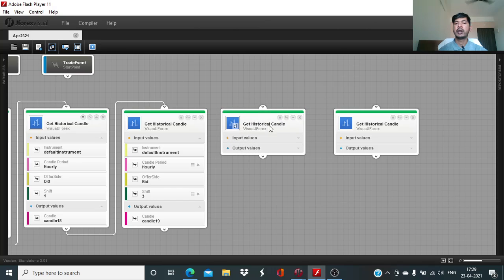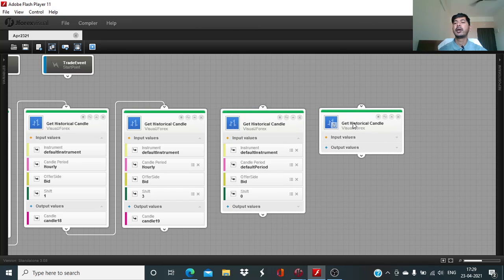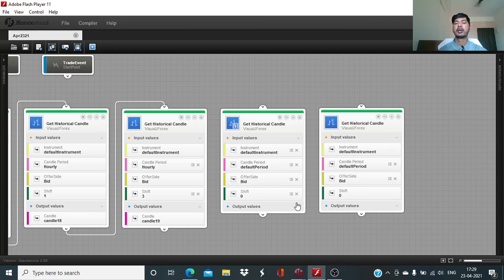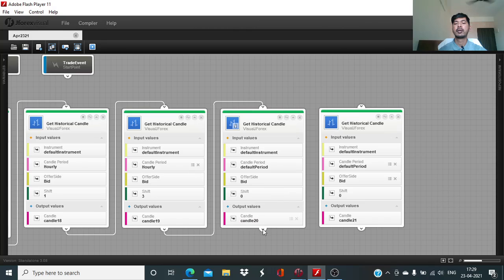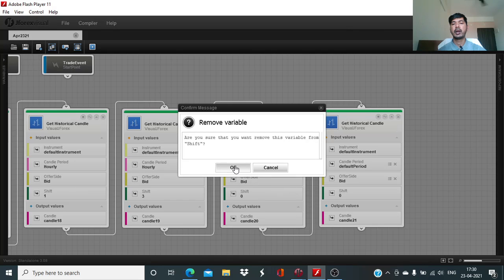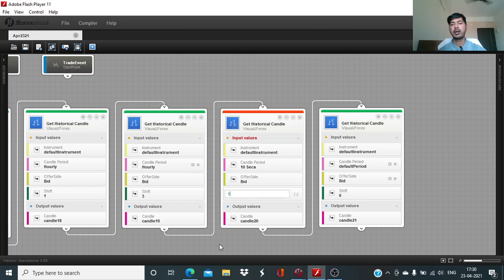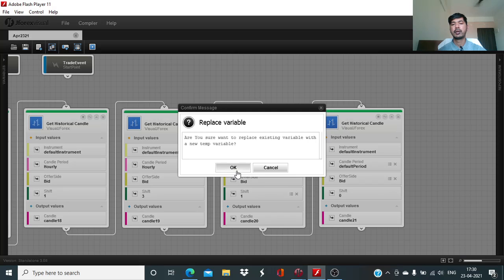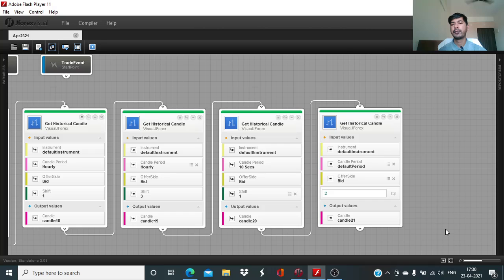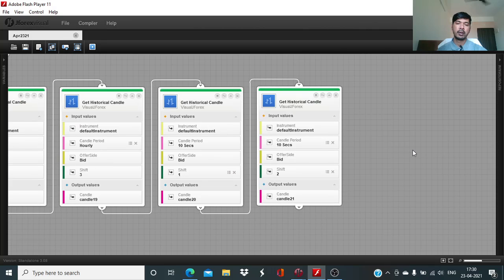And then to pinpoint the exact entry point, these two candles will be defined for 10 seconds. Lookback period of 1 and 2 respectively. This case 1 and here 2, and the default period of 10 seconds. Okay,